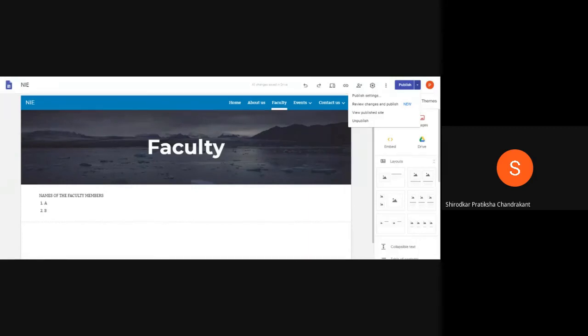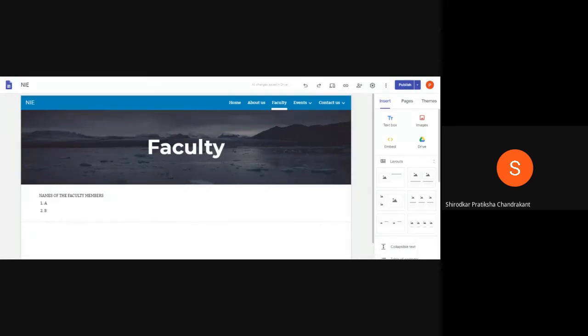So as I already mentioned, these apps like Google Classroom, Google Forms, and Google Slides can actually be made good use of in order to teach the students, in order to improve the teaching learning process. Now it is up to us how we go about it and how we make use of it. So you can have your own site, and you can add all the forms.